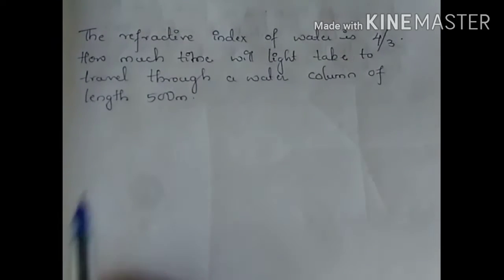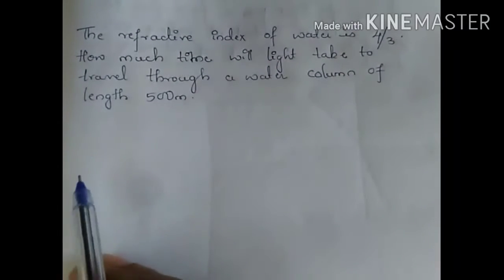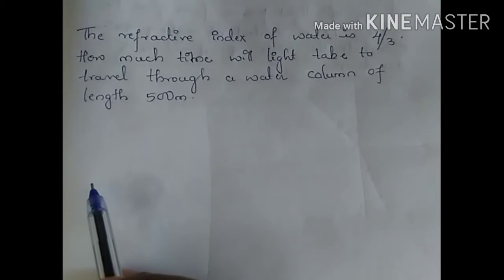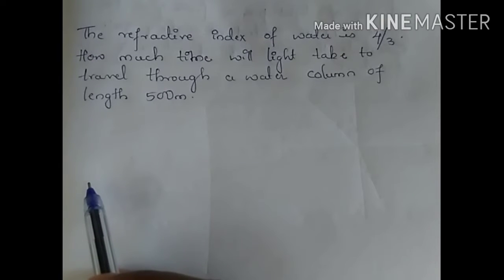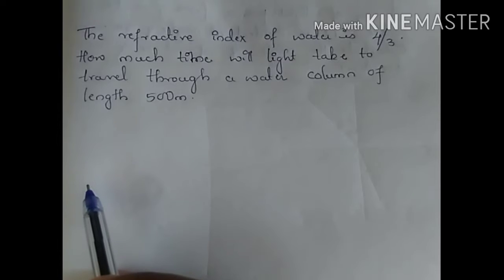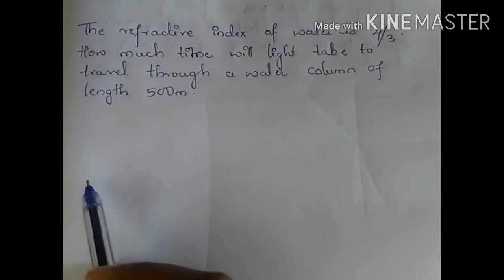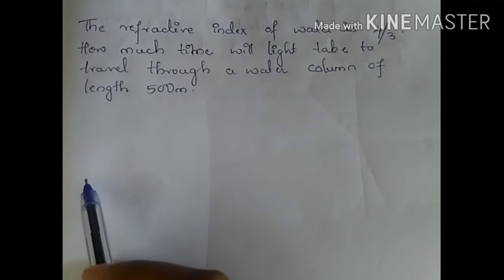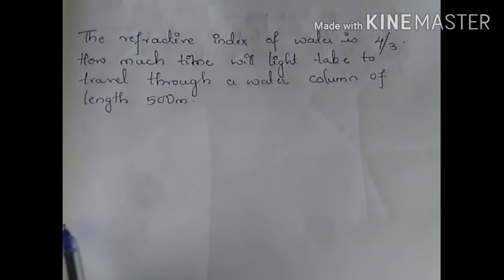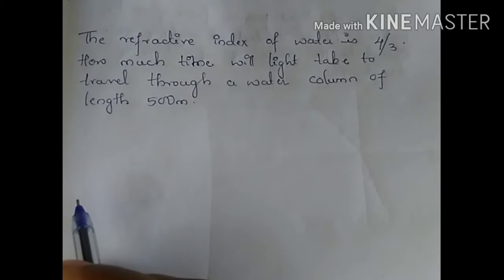So, in the last class, we discussed Abbe's sine rule, and then we also discussed a few problems based on Snell's law and spherical refracting surfaces. We solved nearly 3 problems, and one problem I have left for you. In this class, again, we will be discussing a few more problems.